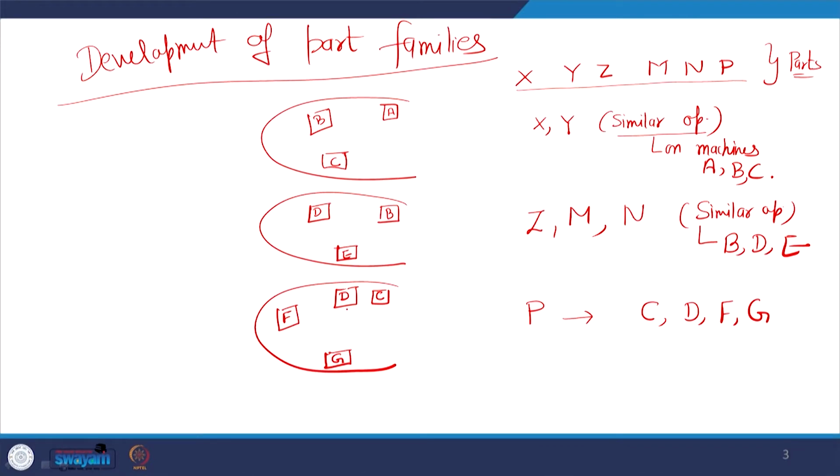Should I have D in both these cells, or should I have D separately? Whenever D is required, that part will go to D machine. Now, these X and Y will be produced here, Z, M and N will be produced in the second cell, and then P will be produced in the third cell, and then finally you will have the assembly of X, Y, Z, M, N and P.